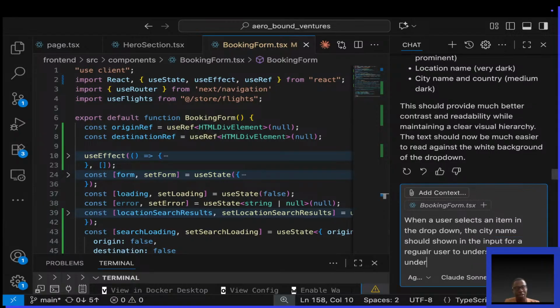But under the hood, the IATA code is captured